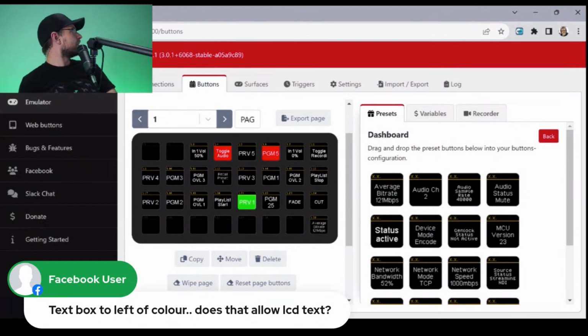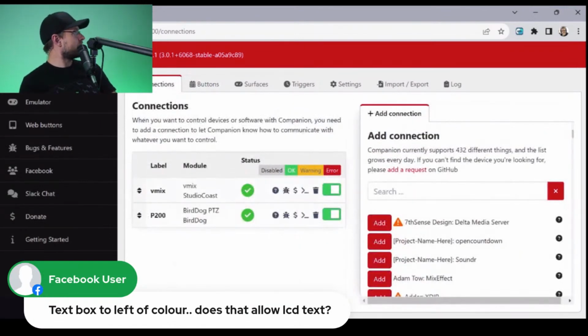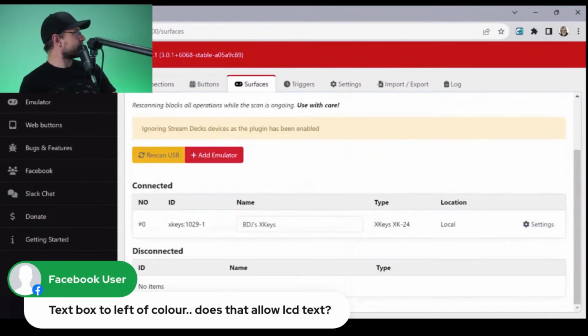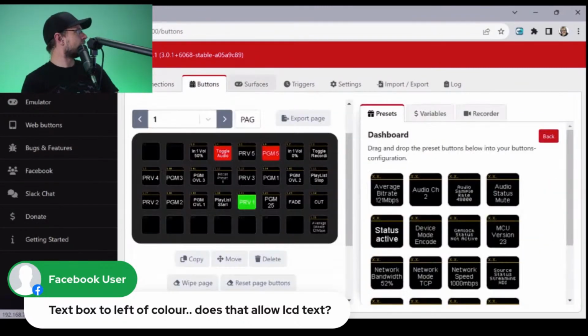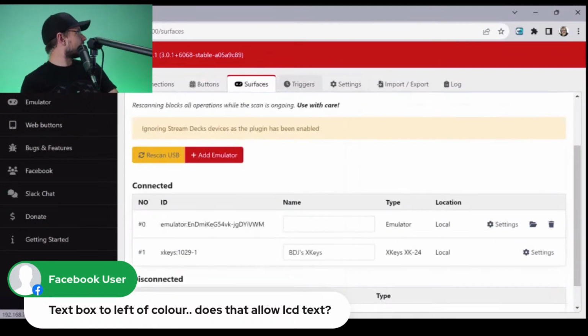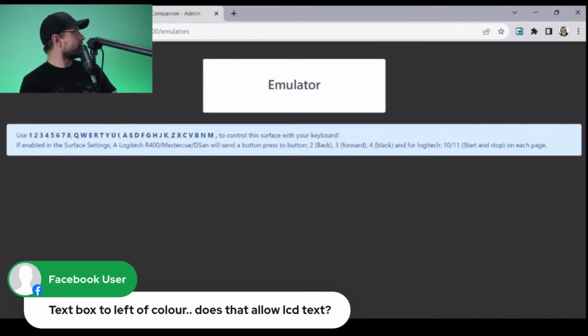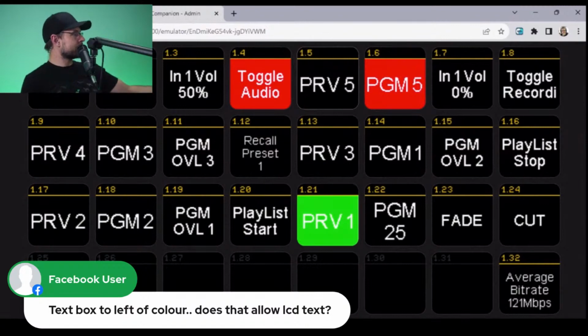Okay. Here's the other thing: we can say surfaces and add an emulator. An emulator is basically just a web UI that shows what your Xkey, what your Stream Deck configuration in Companion would look like on a full-on Stream Deck. So if we load this, and we go to where was it here? Oh, here, emulator. And you click on emulator, it shows us all these buttons.